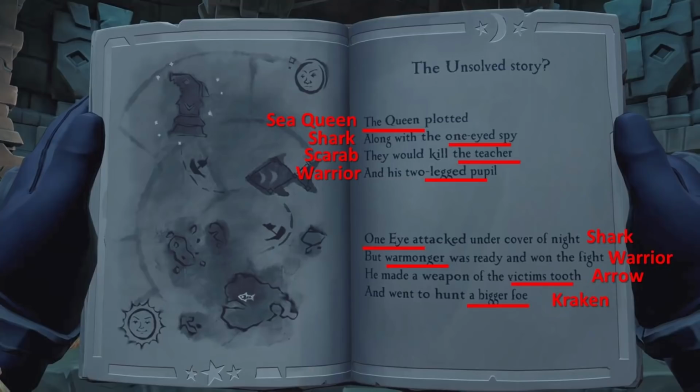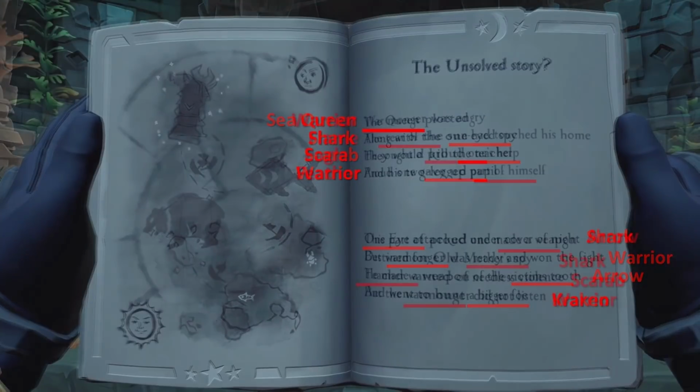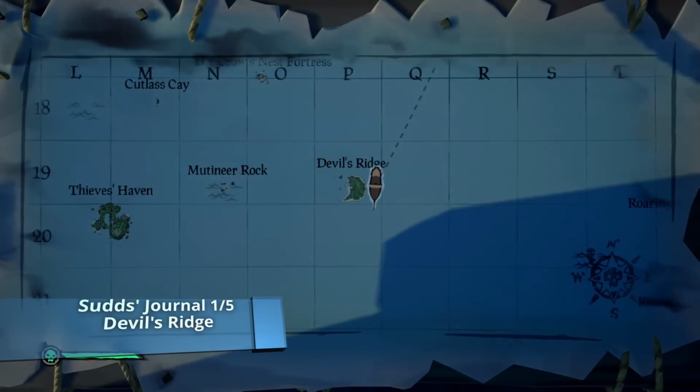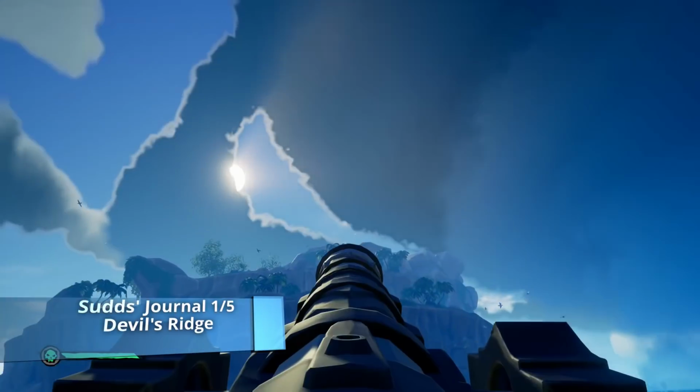And just also keep in mind, it's pretty obvious, but the top paragraph is going to be the first sequence that you put in, and the second paragraph is going to be the second sequence you put in. So just be sure you're doing them in that order, and eventually you're going to unlock the treasure to give to Sudds. Alright, so before we turn in the gem to end the quest, we need to collect Sudds' Journals,